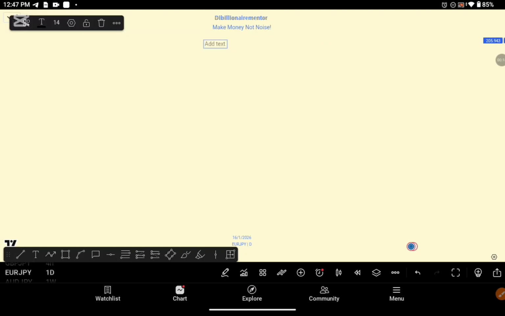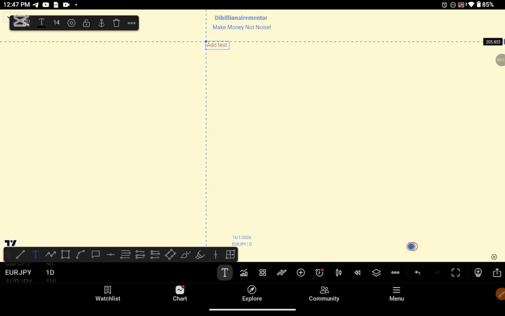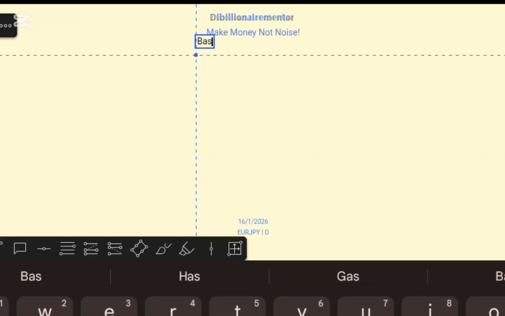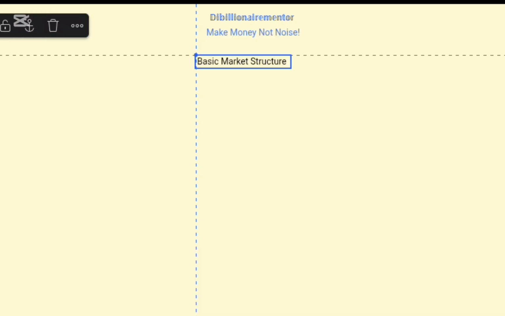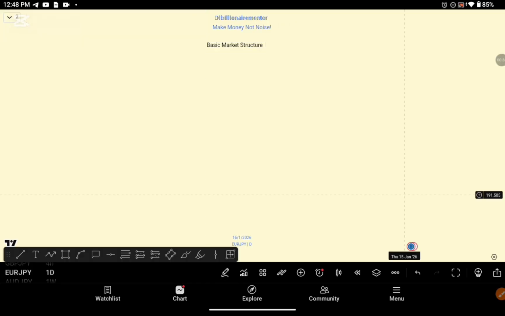We'll be talking about market structure today. Basic market structure. You understand? We would be looking at the basic market structure before moving to the advanced market structure. Do you understand? One thing that will actually help you a lot in this trading is the way